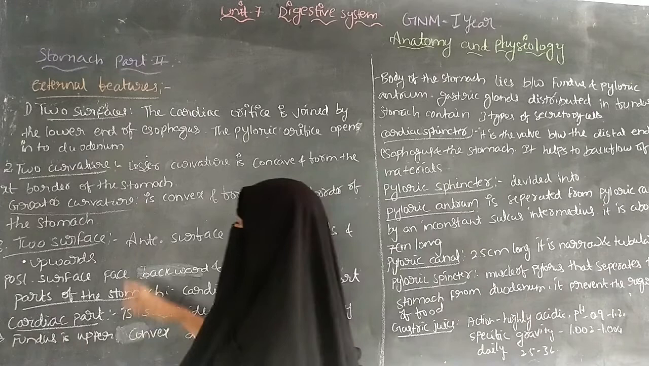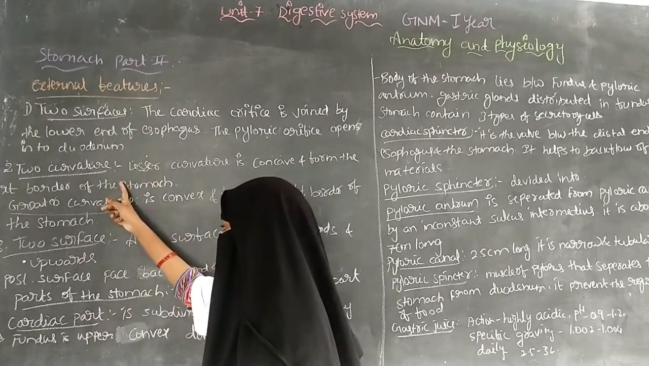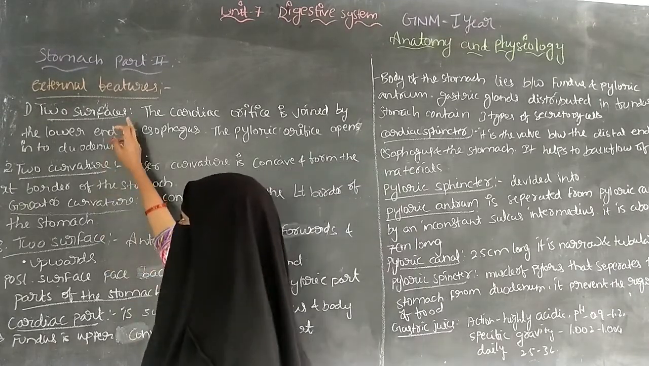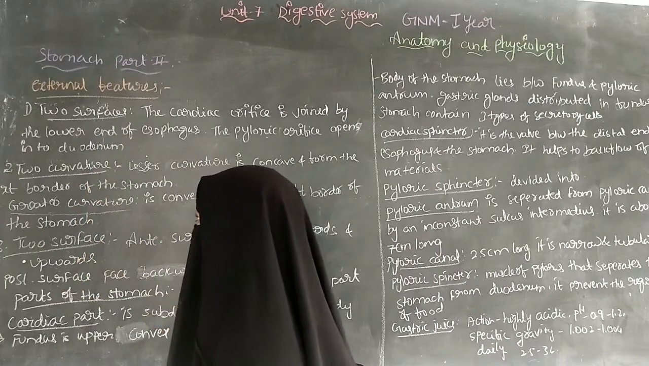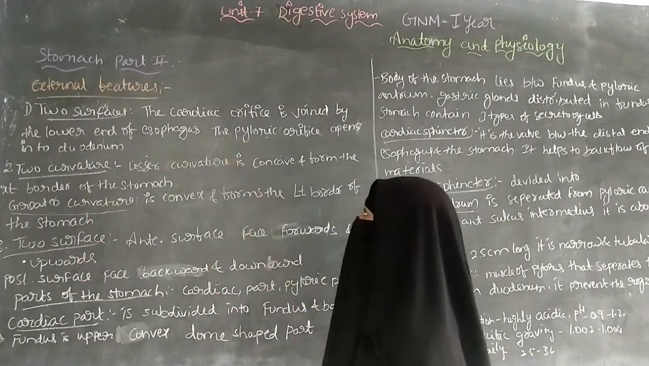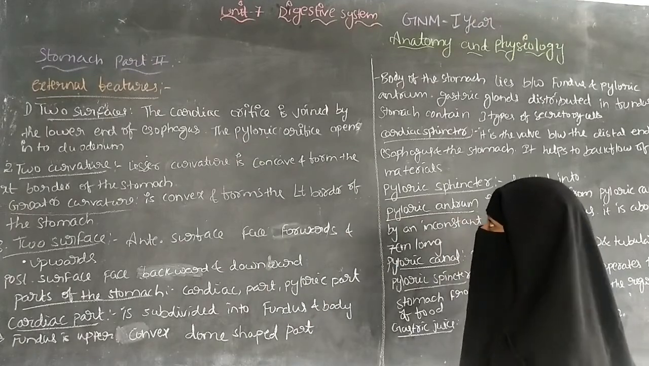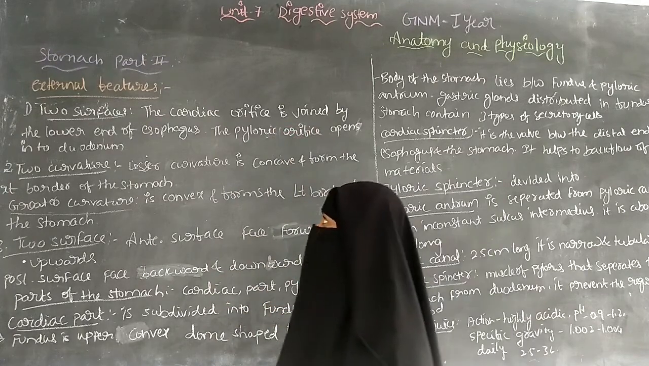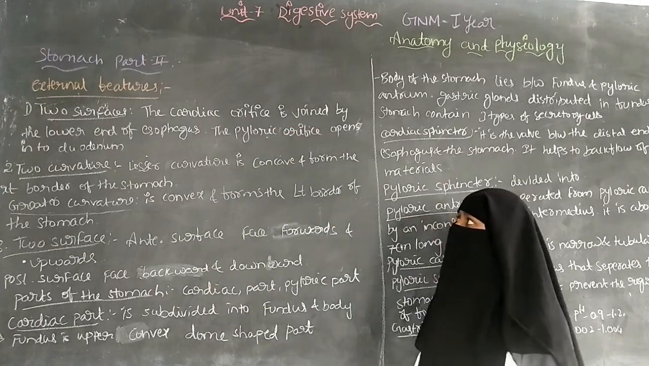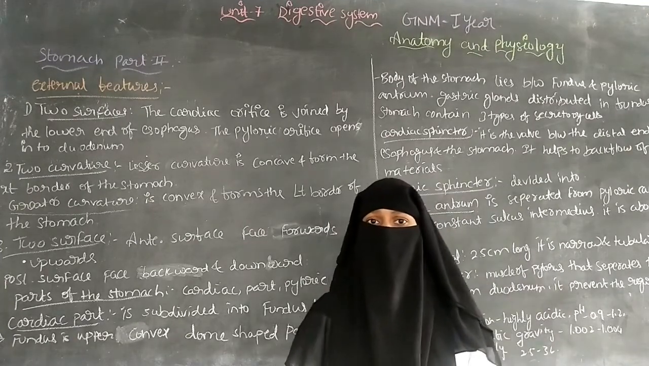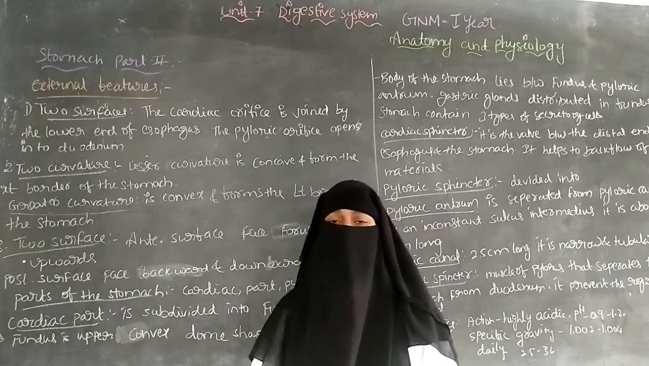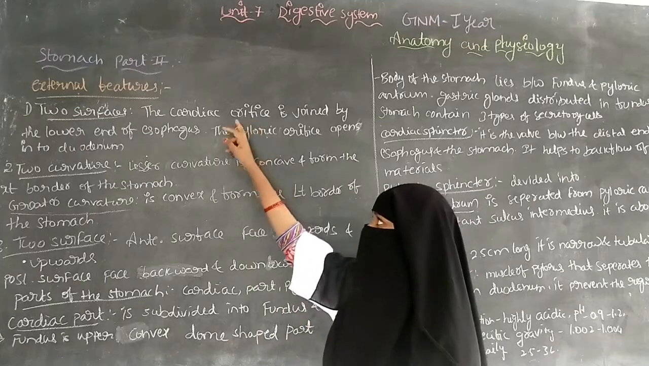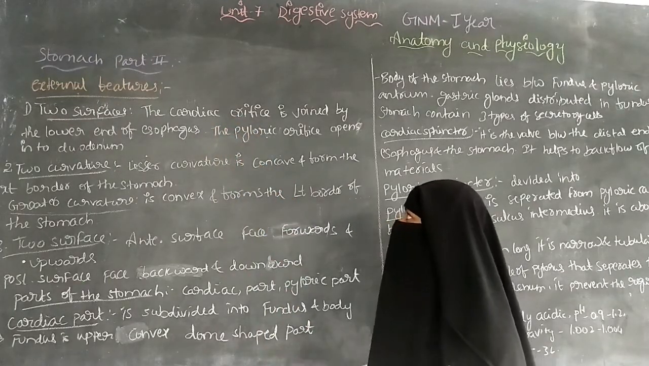The stomach includes two surfaces, two curvatures, and two orifices. The two orifices are the cardiac orifice and the pyloric orifice. The cardiac orifice is joined by the lower end of the esophagus. It is situated at the lower end of the esophagus. So at the end of the esophagus there is an orifice called the cardiac orifice, and the pyloric